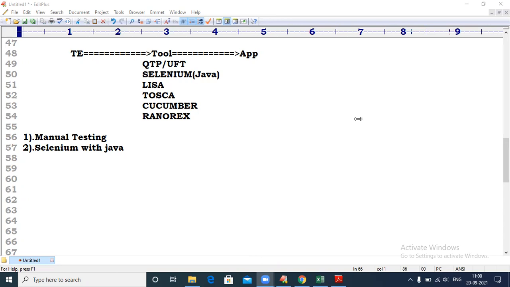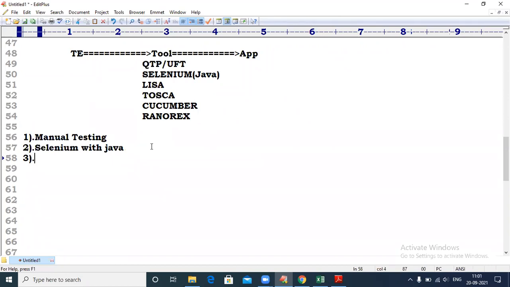Whatever Java is required for you, I will take care of those Java concepts. Basic Java, sir. So that is Selenium with Java. Once it is done, sir, what happens in real time?